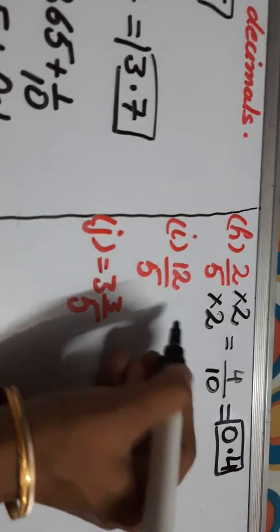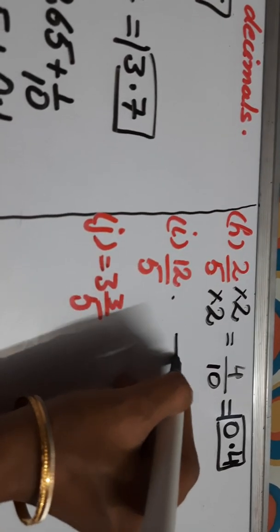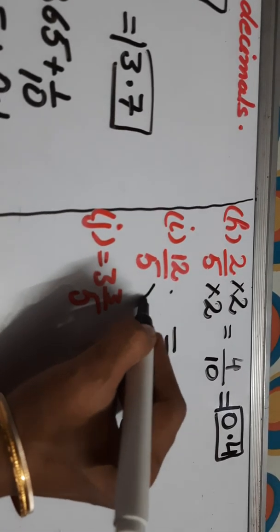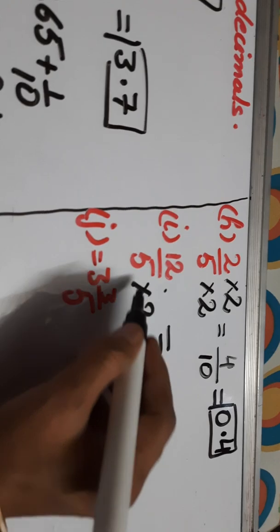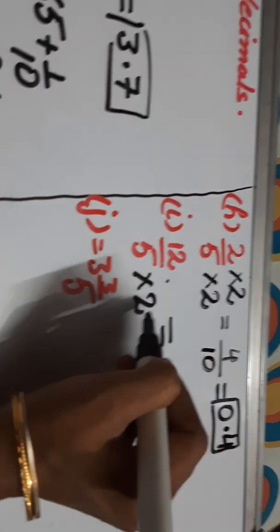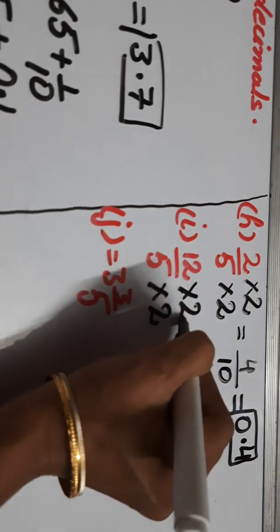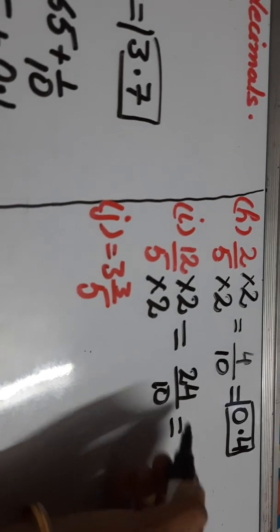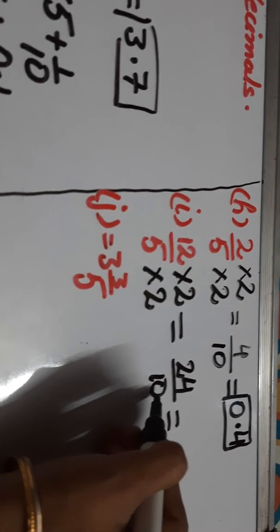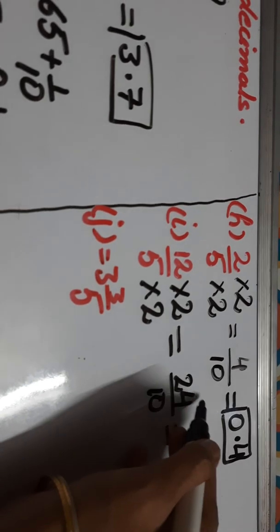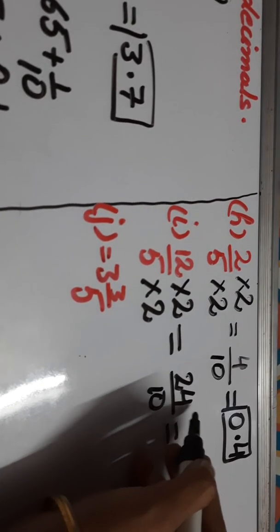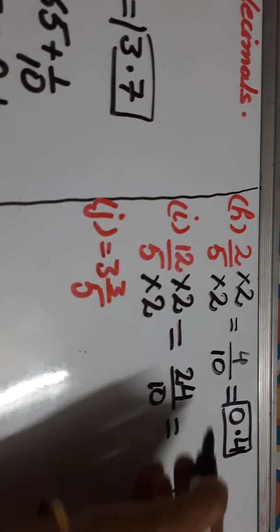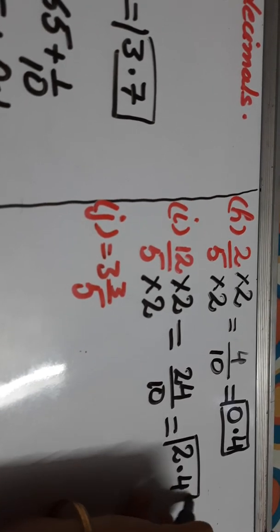Now again, this is the fraction. Again, decimal part is there, but we need to convert the denominator into 10. So by what should 5 be multiplied? We can multiply it by 2. 5 twos are 10. But if we are multiplying the denominator, we must multiply the numerator by the same number. 12 twos are 24. So let us write it in decimal form. Because 10 carries 1 zero, we'll leave one digit after the decimal. We'll start from ones place. We'll leave 4, then we'll place a decimal for this 0, then 2. So 2.4 is the answer.